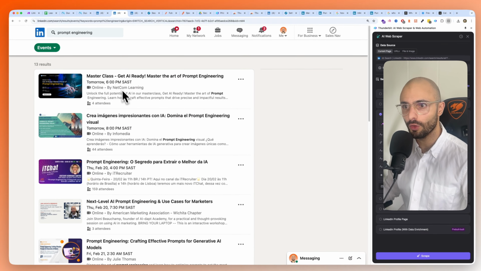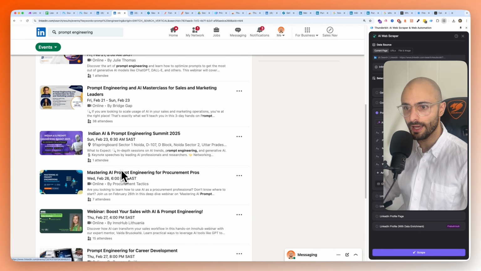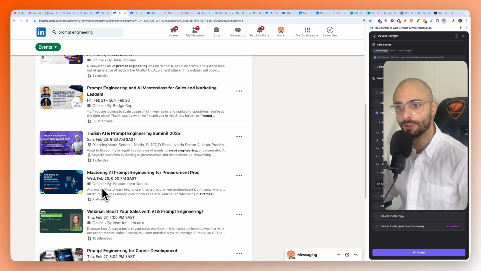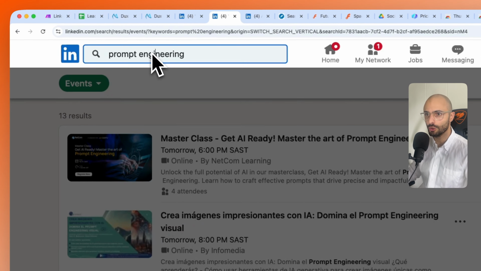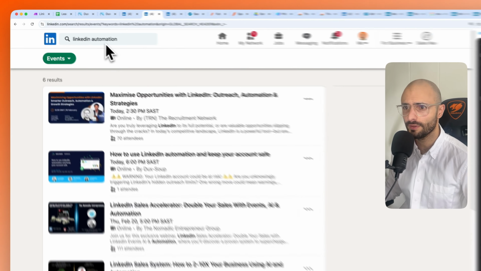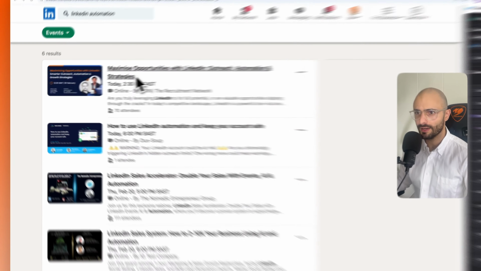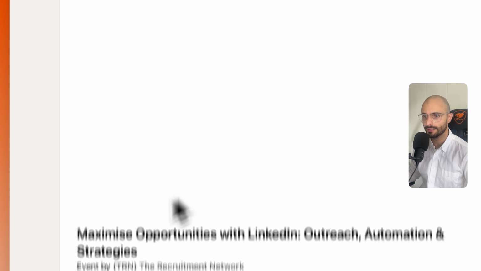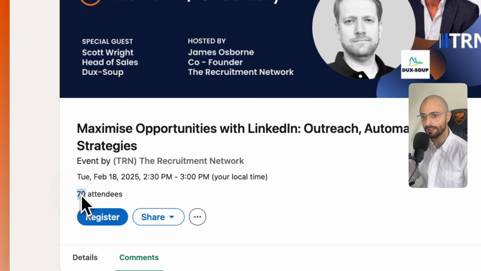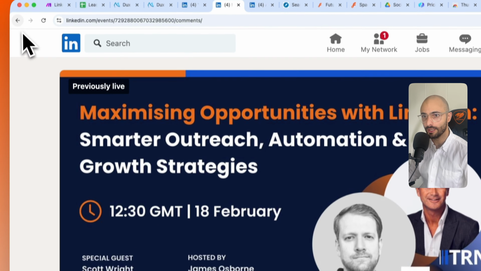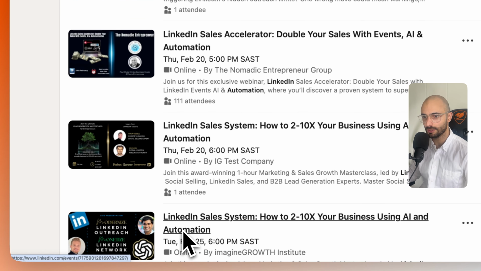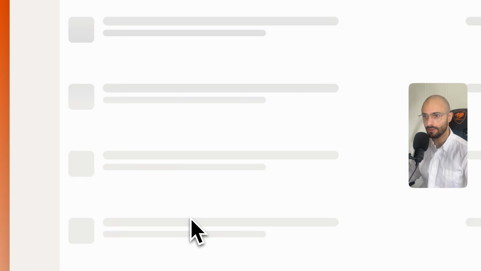You can see these are all the prompt engineering events. But in order to actually scrape the profiles, you need to have actually registered for the event. So let me just go to one that I know I've registered for. So if I search LinkedIn automation, if I click on a random one that I'm not registered for, you'll notice that if I come to attendees, you can see this isn't clickable. But if you click register, like I am registered for this event, and I click on the members here,